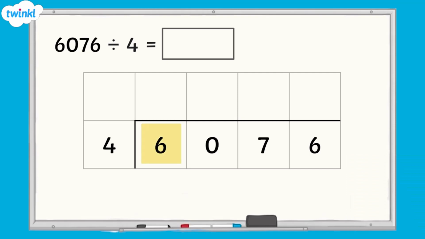6 thousands divided by 4 equals 1,000 with 2 thousands left over. Exchange the remaining 2 thousands for 20 hundreds. We now have 20 hundreds. 20 hundreds divided by 4 equals 5 hundreds with none left over. 7 tens divided by 4 equals 1 ten with 3 tens left over. Exchange the remaining 3 tens for 30 ones. We now have 36 ones. 36 ones divided by 4 equals 9 ones with none left over. So 6,076 divided by 4 equals